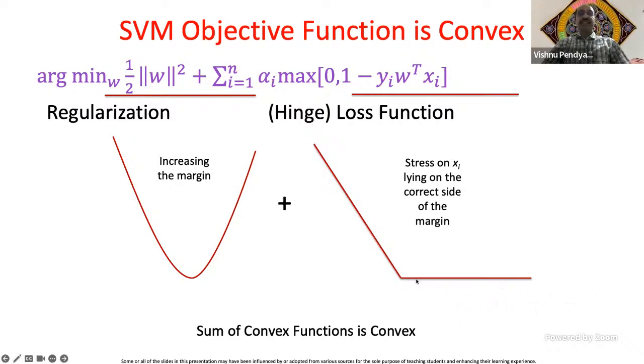That's how we started, right? It has to be 0 when the constraint is followed, and it has to go to infinity if the constraint is not followed. That's why we get a hinge, and that is the loss. It's called hinge loss. Now the first term is regularizing the weights.